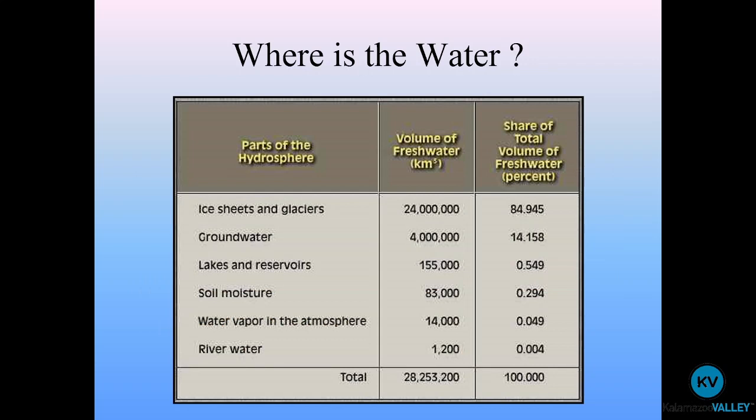So we looked at these proportions in the first part of the lecture, but remember I said that we could break it up further into what parts of the surface water are in what. So if we look at lakes and reservoirs, so lakes and ponds, we're at less than 0.5%. And then soil moisture is second in charge. That actually has about 0.2 or closer to 0.3%. Water vapor in the atmosphere, and then river water is actually all the way at the bottom,